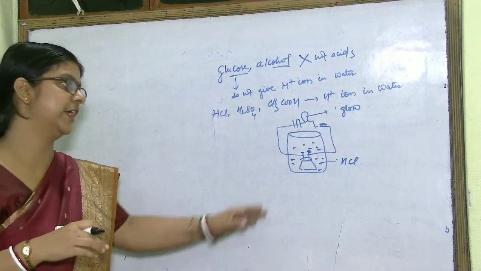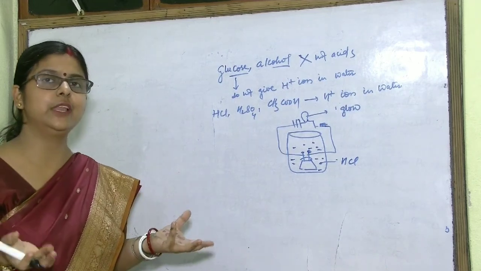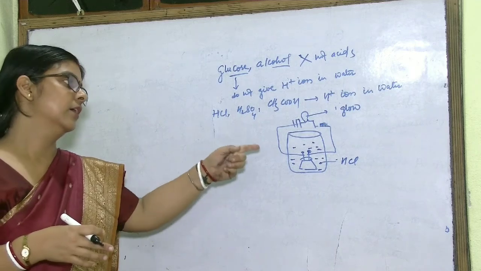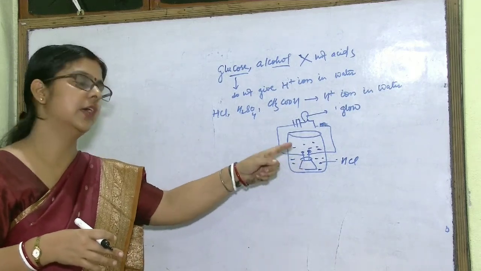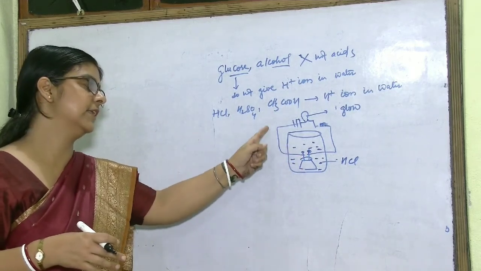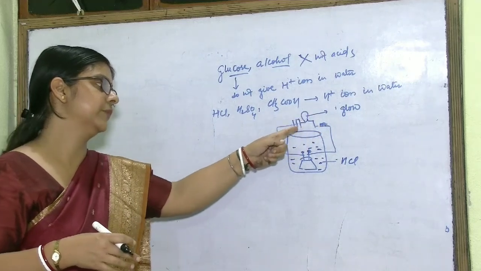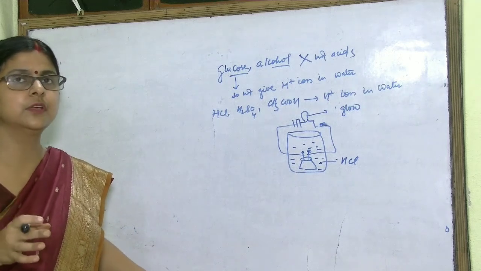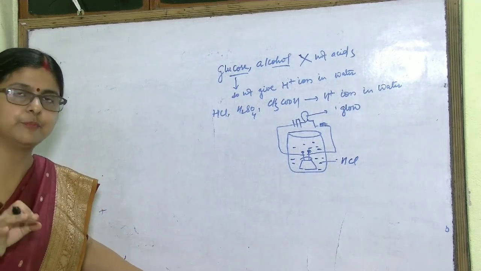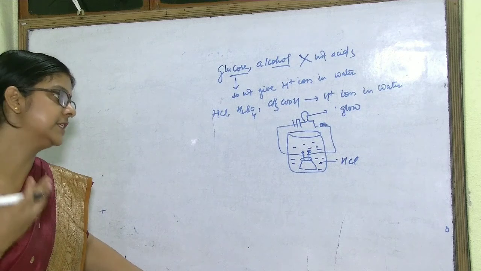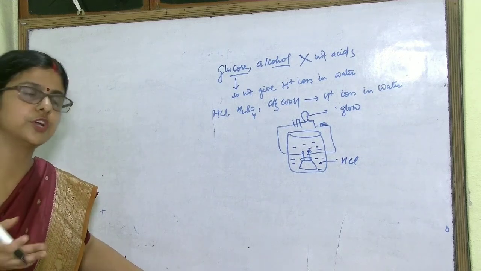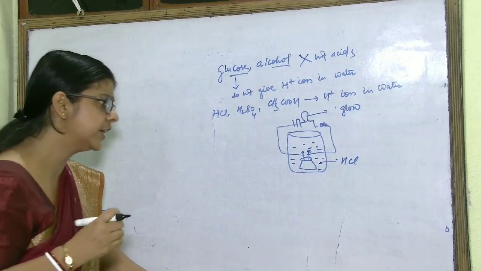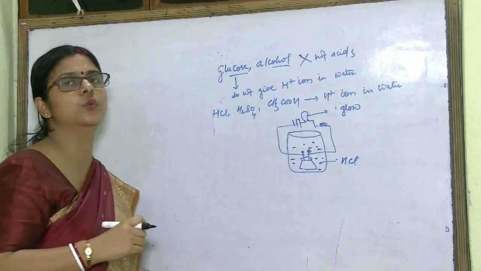What I told, you have taken a beaker, if you fill it with glucose solution, and if you take a cork and you are taking two nails and you are connecting it with a 6-volt battery and a bulb, and you have attached a bulb and a switch, you will see if you are taking glucose solution or if you are taking alcohol solution, the bulb will not glow. But if you are taking HCl, then the bulb will glow.